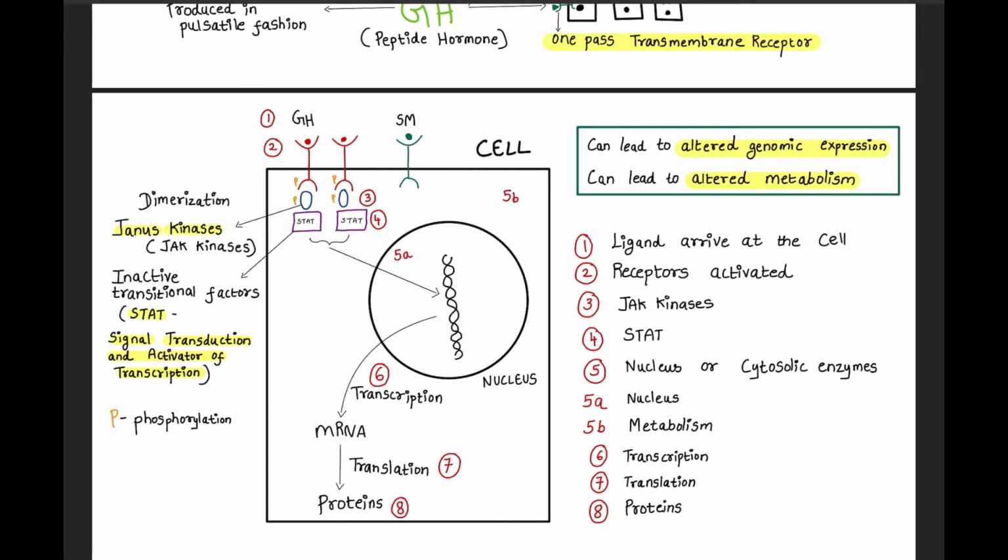This STAT in turn will act on the nucleus. Inside the nucleus you have the DNA, and after this action there will be transcription of DNA into mRNA and then translation of mRNA into proteins. This is how protein is synthesized